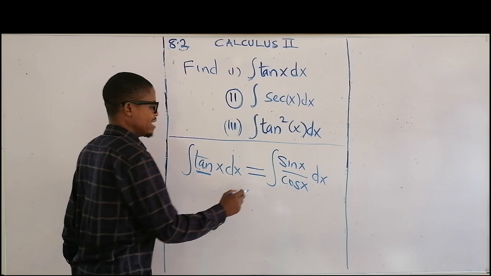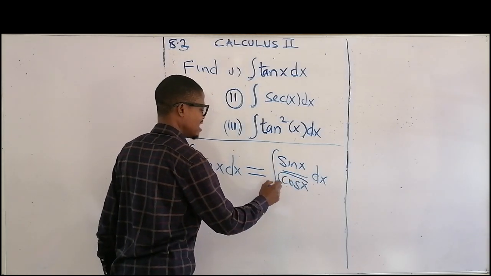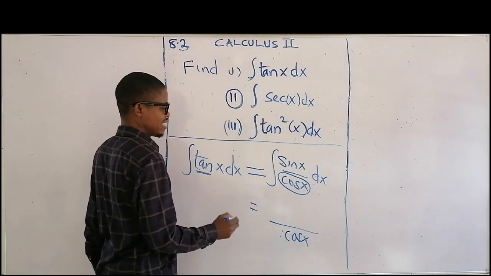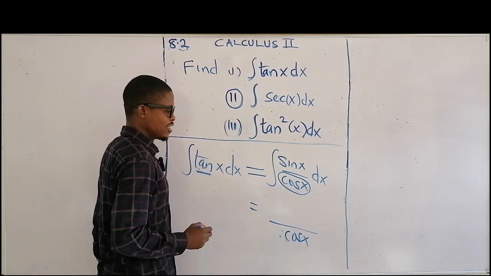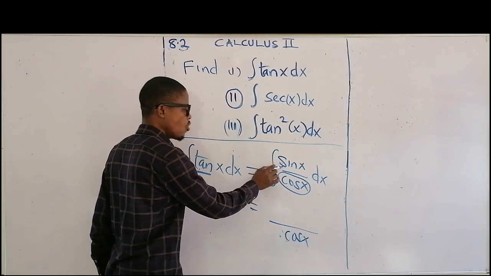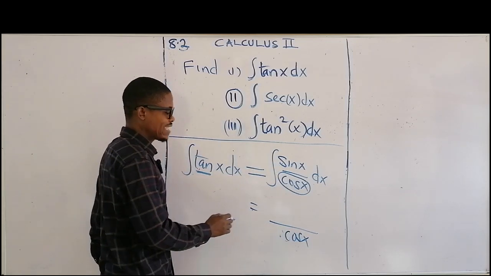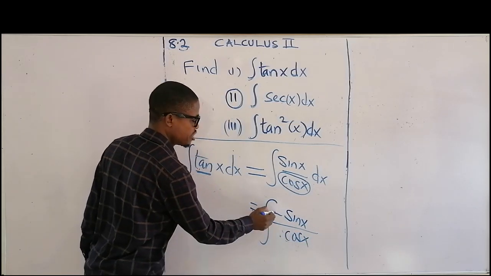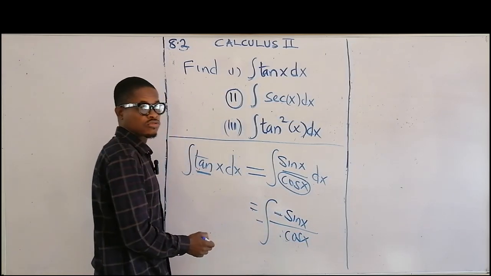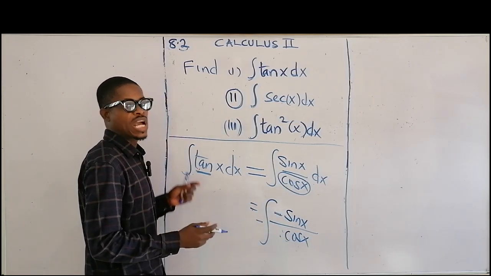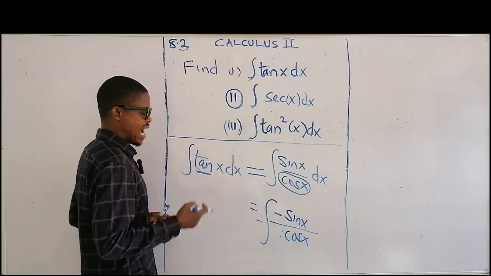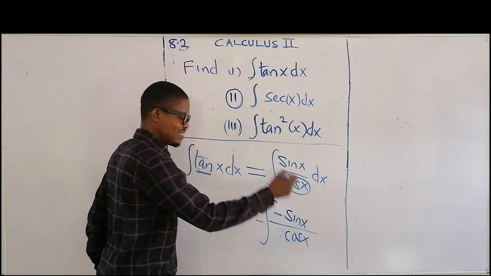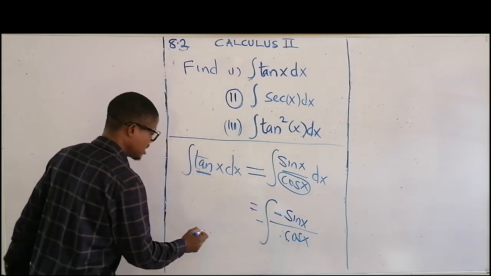Then the next thing to do is to check for the derivative of the denominator. The derivative of this denominator is minus sine x, which is almost equal to the numerator. So we are going to introduce that minus there, and whatever we introduce here, we need to cancel out so that we are not changing the form of the question. And whenever the derivative of the denominator is equal to the numerator,